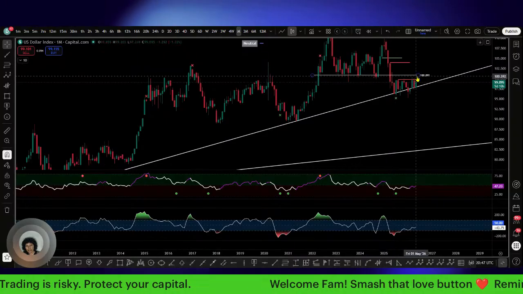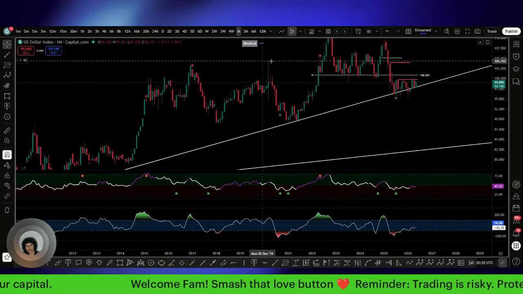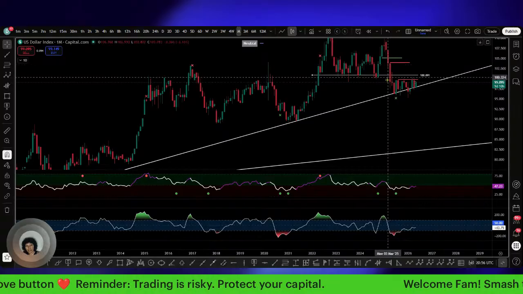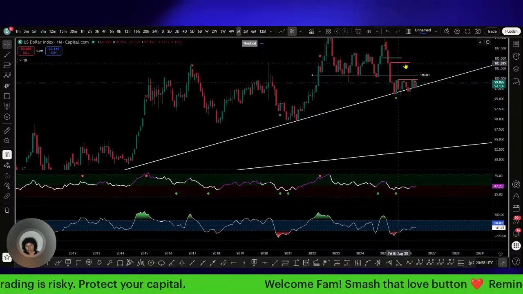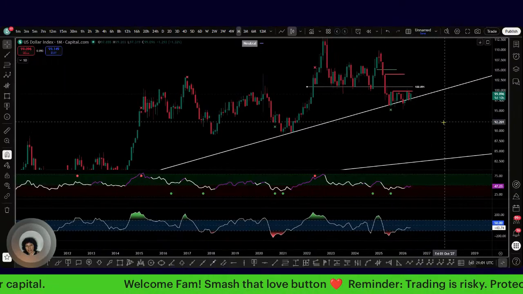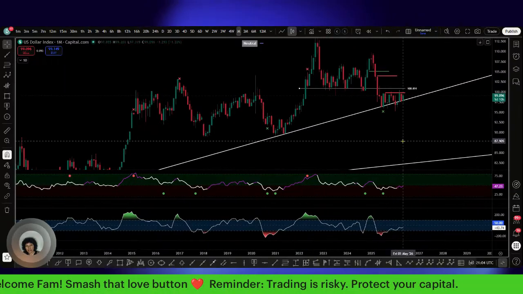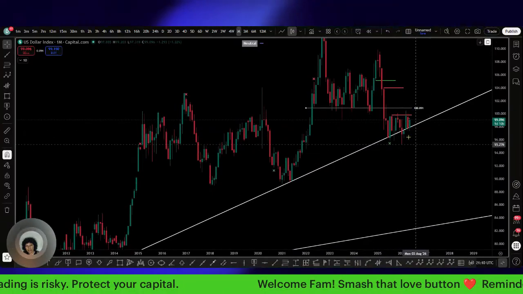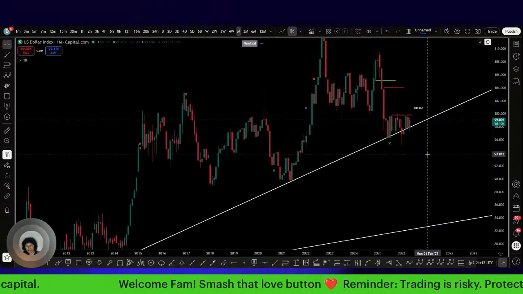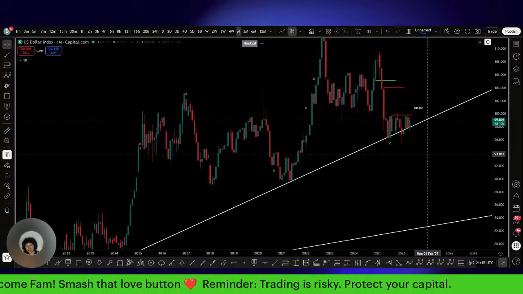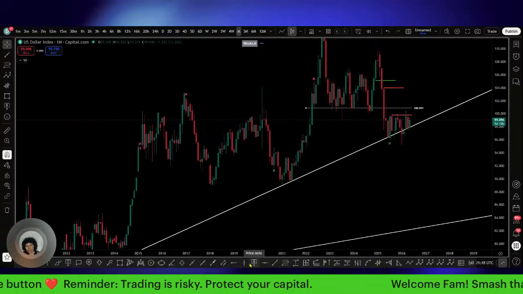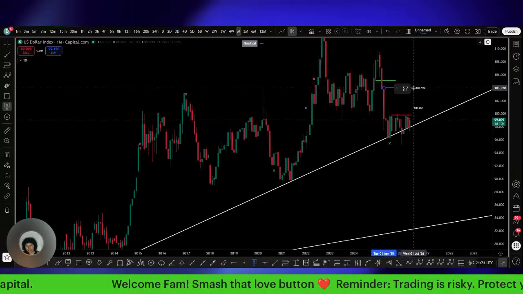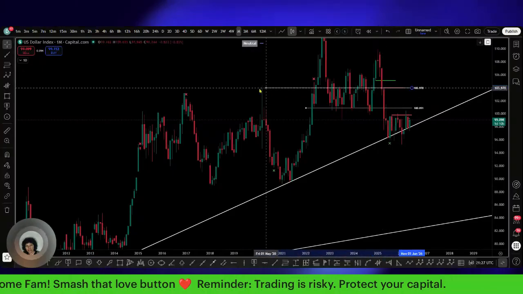Maybe somewhere it breaks through here and gets back into as high as it did over here. Probably somewhere back around this larger candle right here. Very possible for the dollar, especially with everything we've got going on right now. It's very possible that's what we're on the verge of. Bitcoin's still in the same spot, just kind of chilling. I wouldn't put it beyond getting back up to here.